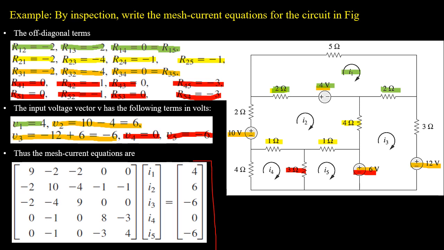Now we will use the generic form from the last slide and substitute the values, and we will get our mesh current equation. Now you can solve these equations with any method to find the values of mesh currents I1, I2, I3,